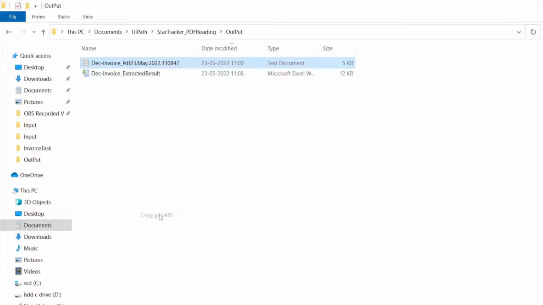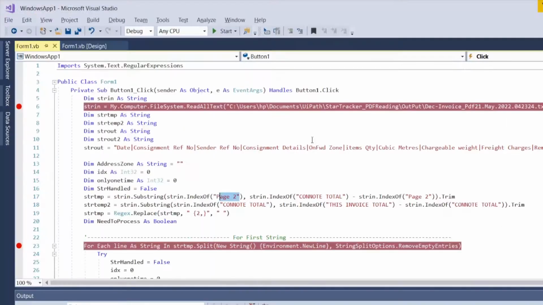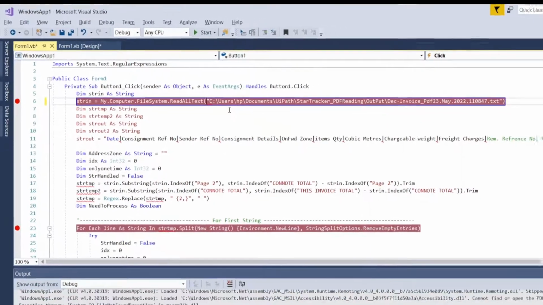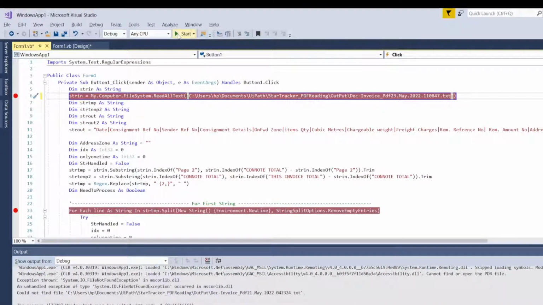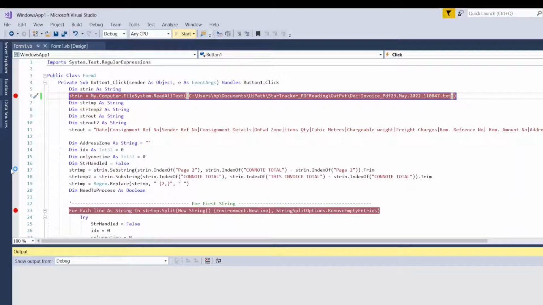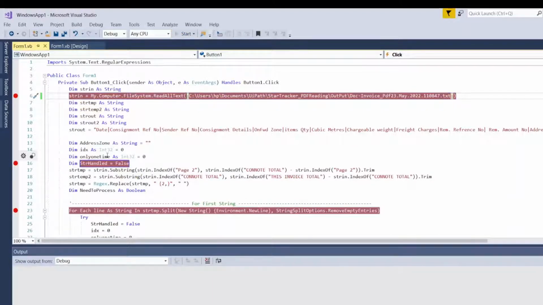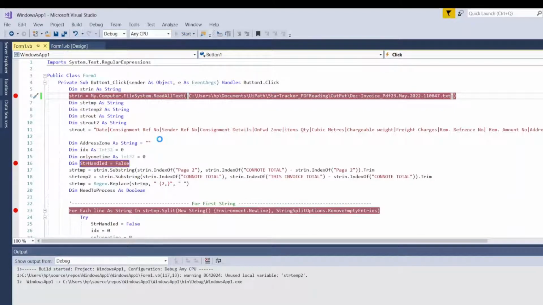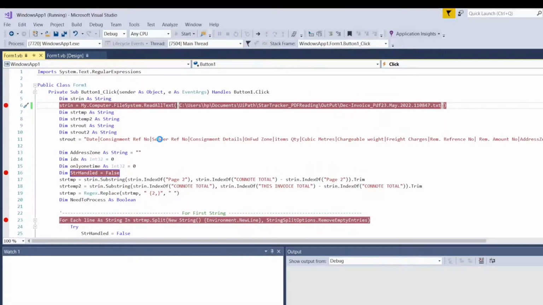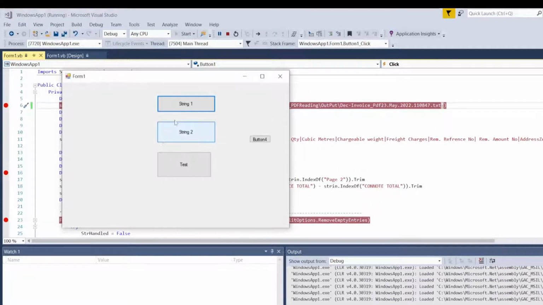Copy as a path. Pasted. If I run this, click on the string 1 button,